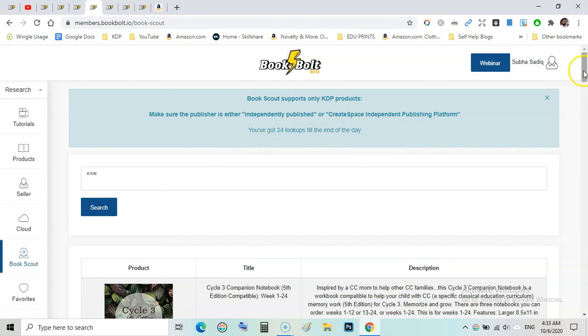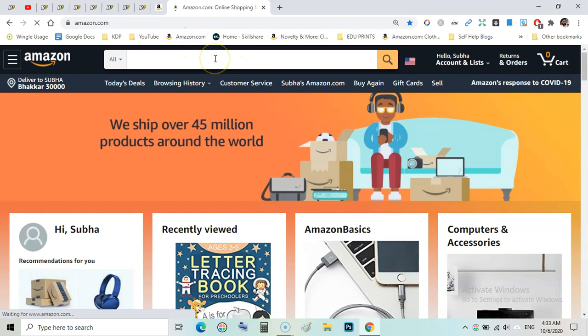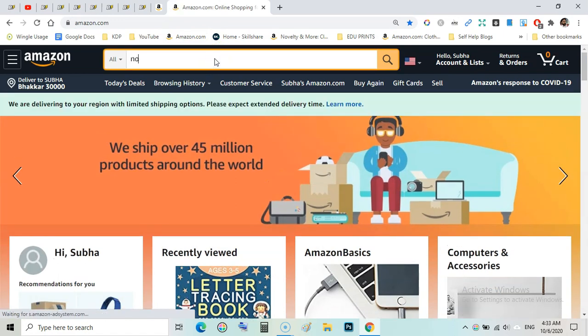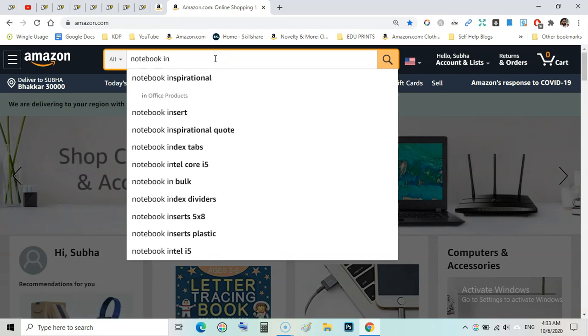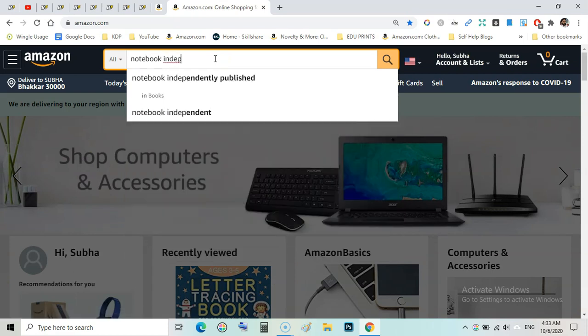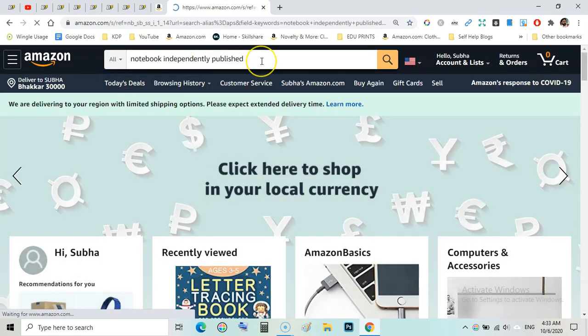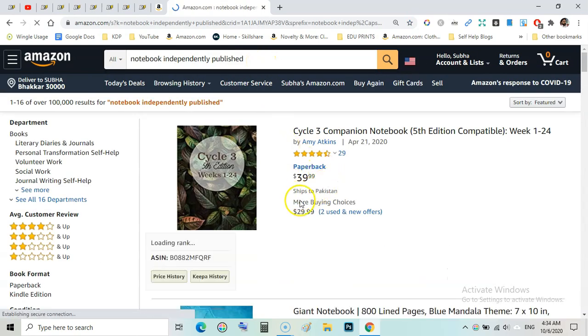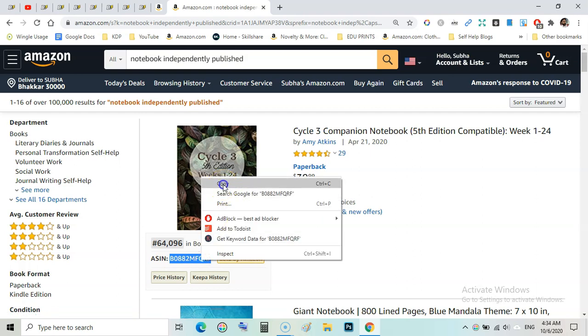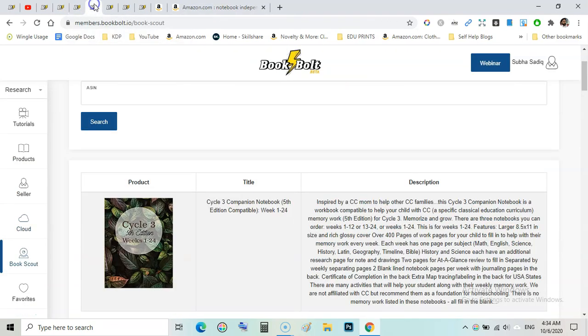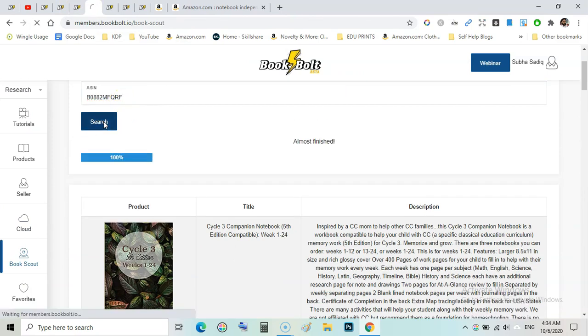Let me show you. I went to Amazon and searched notebook independently published, and I just copied the ASIN and pasted it here, and then clicked search.